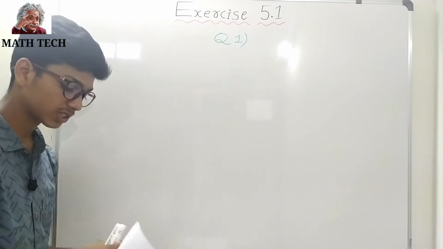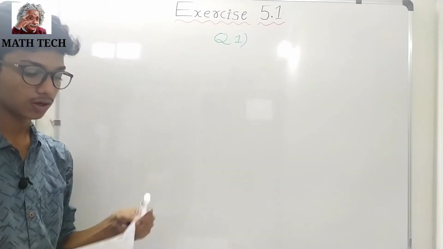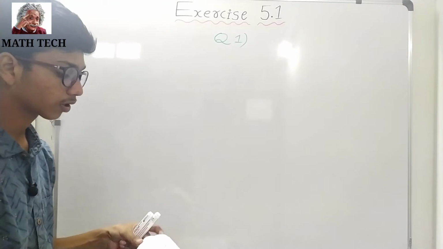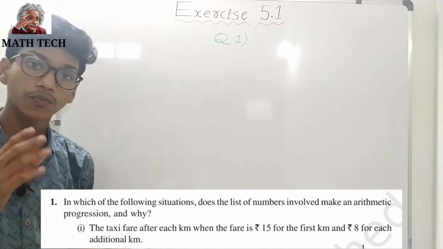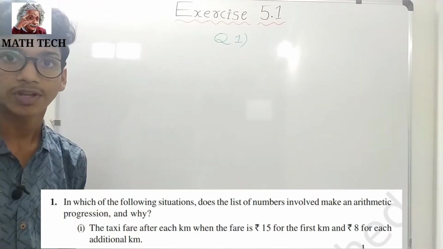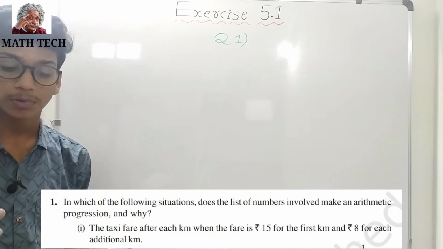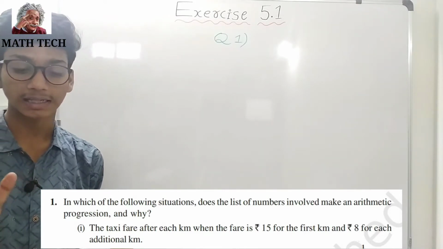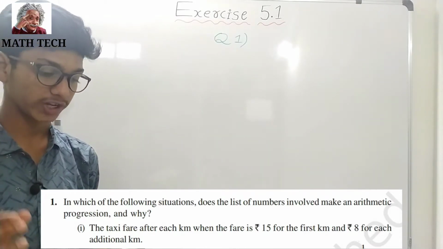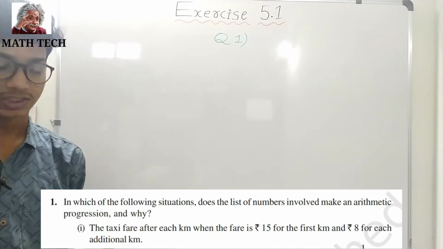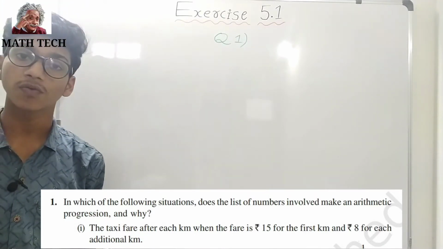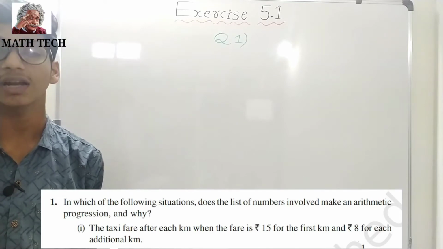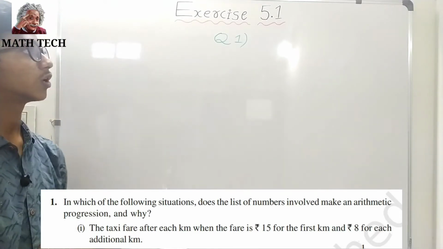So the first problem is: in which of the following situations does the list of numbers involved make an arithmetic progression, and why? So the first part of the question is: